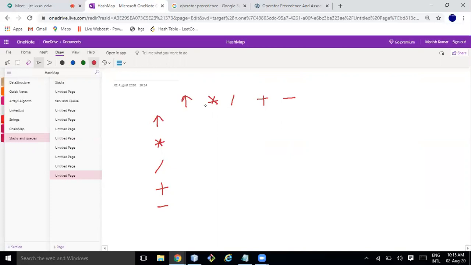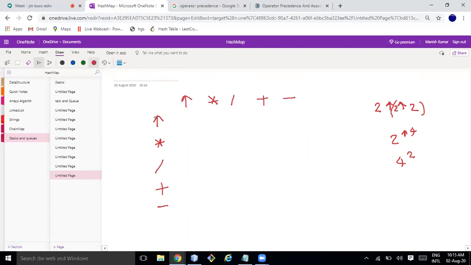So if you come with 2 power 2 power 2, what will you do first? You will first do this, then this, right? So 2 to the power 4 you will do first, not 4 to the power 2. You got my point, right?